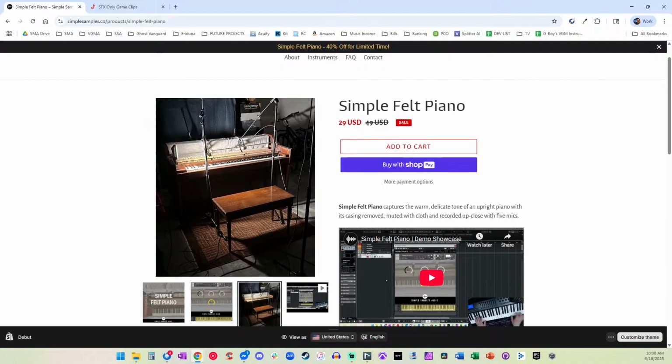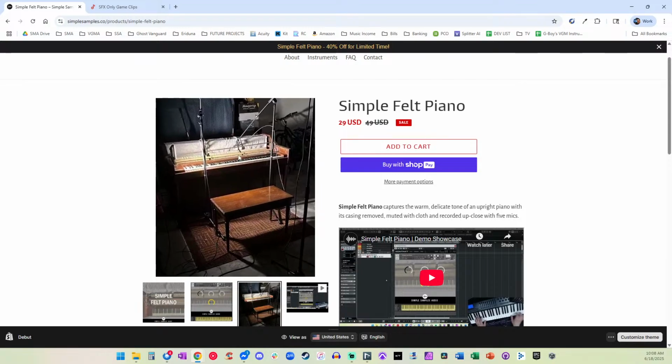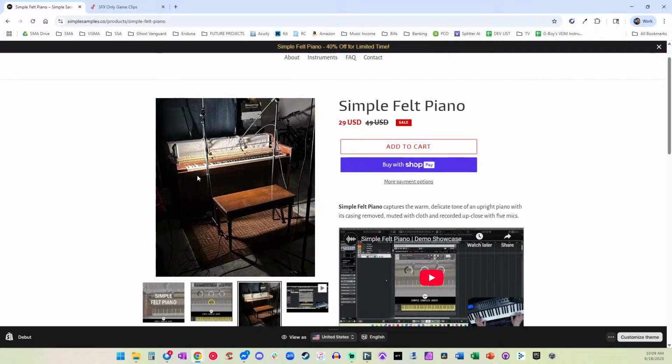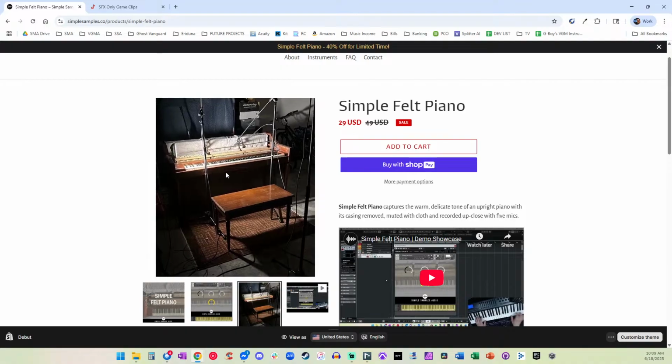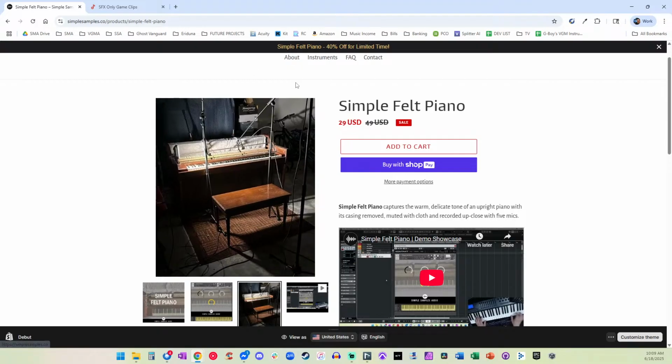And then I put cloths on top of the strings. That way when these hammers, which already have felt on them, hit the strings, they're actually hitting the cloth, and it's a very subdued, muted sound. And behind the piano are 2 SM57s, which are dynamic microphones, which basically means you could play as loud as you want and it will still capture the sound. They're really good for capturing those low boomy frequencies in the back of the piano, which typically you wouldn't want to capture with a hi-fi condenser mic, because then it would just be noise. But anyway, you combine those together with a room mic up here.